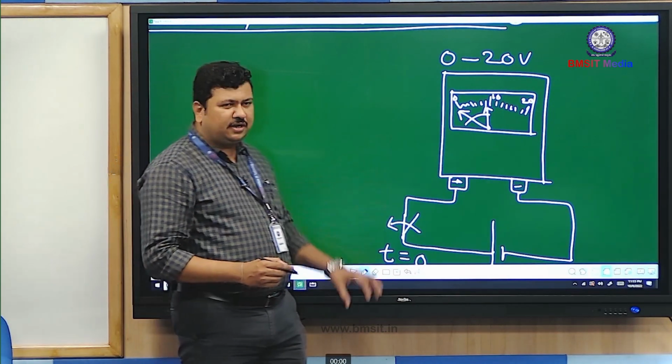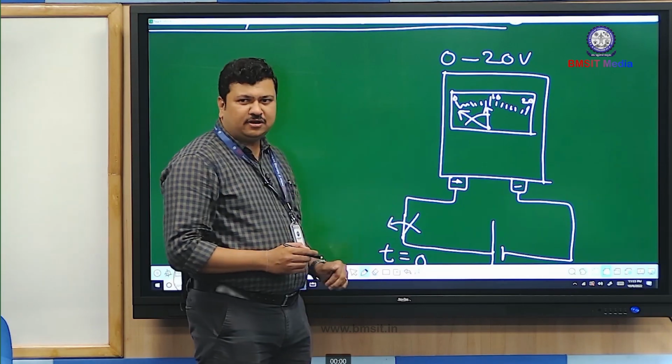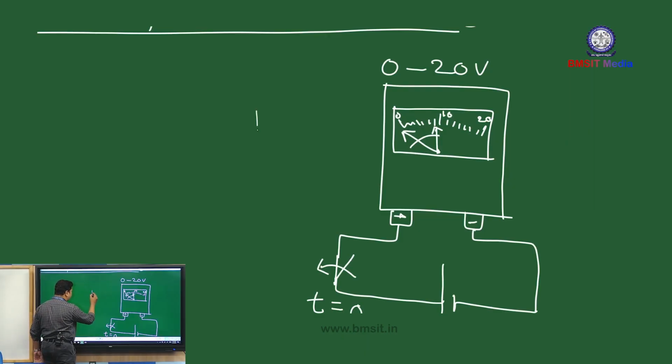If I zoom in and take the pointer deflection, suppose this is the 10 volt marking on the voltmeter, and this is the pointer where it has to rest. Now when it deflects from its 0 or initial position to the final position, it will not rest here instantaneously, but rather you can observe the pointer